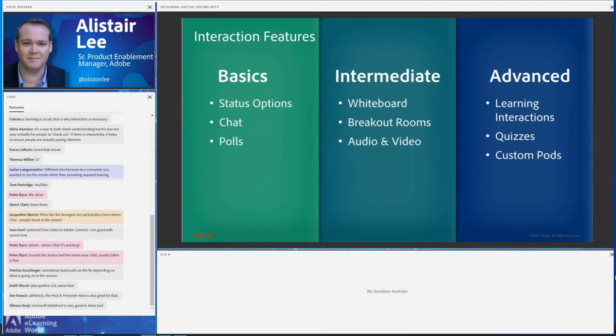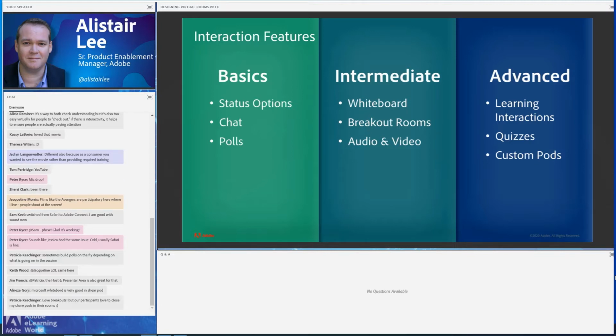Quizzes. A lot of people said quizzes on the previous poll. This is a way that we can add game-based learning into our virtual classrooms. There are two concepts in the world of e-learning. One is gamification, where we're trying to make a game out of the learning itself. The other is game-based learning, where we're bringing in fun games to help drive that retention rate and level of engagement by having a game reinforce the learning concepts itself.